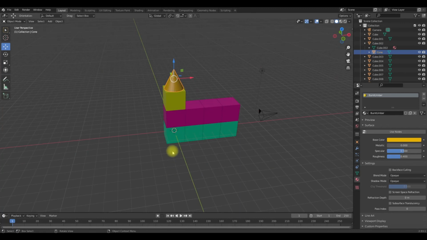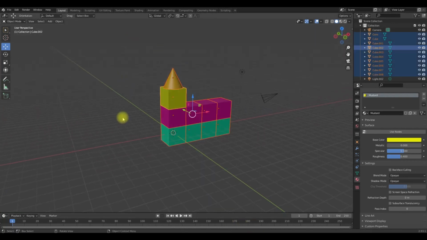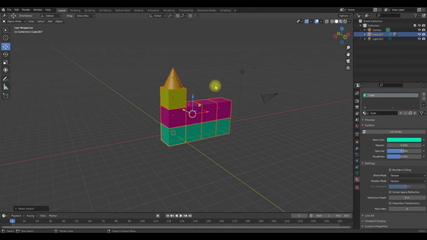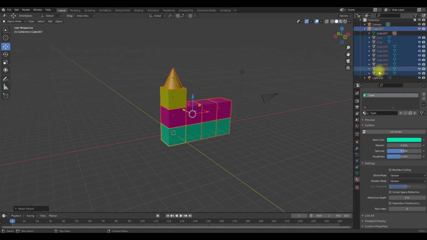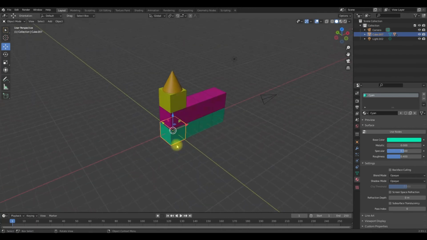Hey, parenting 101. I actually want to parent everything to just one corner cube. There's probably an easier way to do this, but I'm just going to select the whole lot. Shift select, shift select to deselect my main cube, and then shift select again so that the most recent thing selected is the cube I want to be the parent. Control P, set parent to, select object, and in my little scene collection, it's just become very clean. You'll see that everything is now underneath cube 7. If I just open up that drop down, boom, everything belongs to cube 7, which means if I select cube 7,